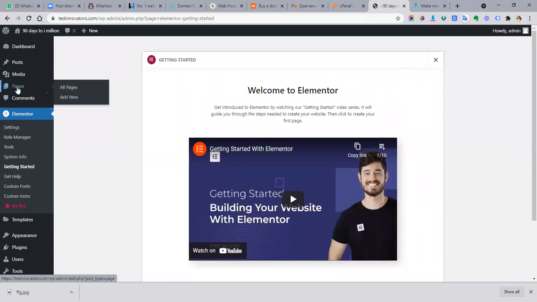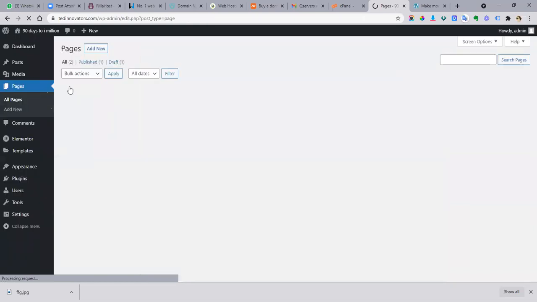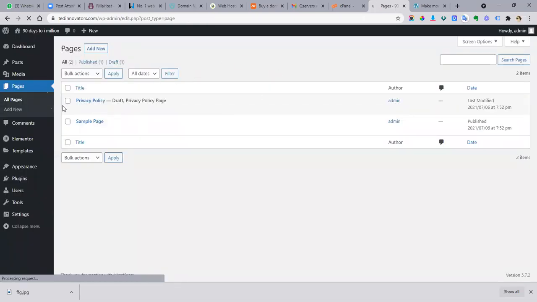So I want to go to pages. I'm going to click on all pages. By default, we should see these 2 pages, okay? So I want to create another page. I'm going to click on add new. The new page I want to add is